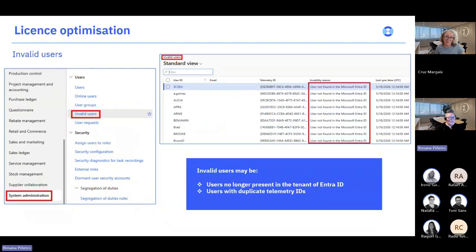Okay, there's also a section in Finance and Operations, in System administration, called Invalid users. Here you can see a list. We can see the user's ID and the reason why they're invalid. In this case, we can see users that are not found in Entra ID or users with duplicate telemetry